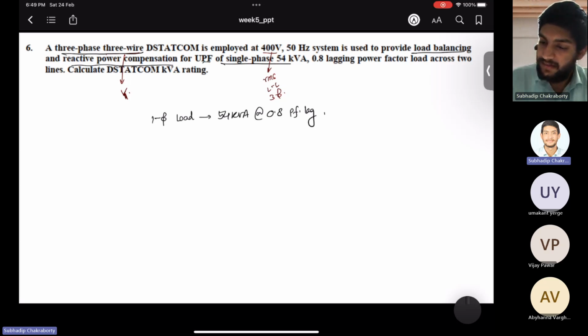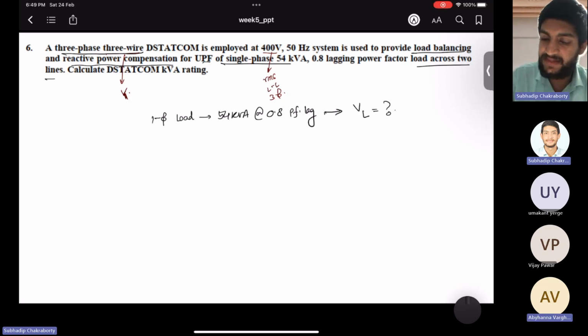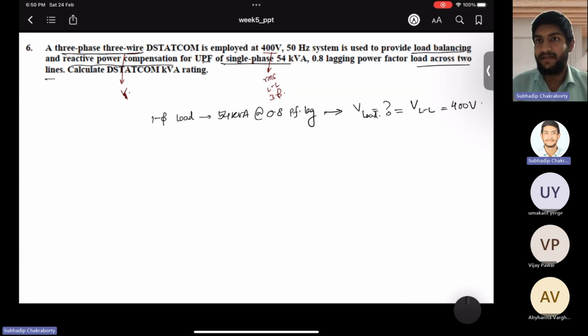And the load is connected across two lines. Means what is the voltage that is applied across the load terminals? If I ask you, what will be the answer? V load. It is equal to V line to line, which is 400 volts. So this you have to understand, that rated condition is given in the problem, that